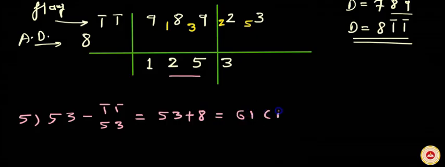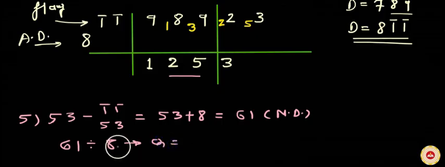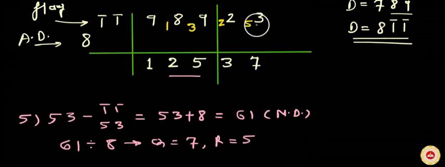Okay, so 61 is the net dividend. Divide the net dividend 61 by the actual divisor 8, which gives you quotient 7, since 8 sevens are 56. The remainder is 61 minus 56, which is 5. So write quotient digit 7 below gross dividend 53. To write remainder 5 as a prefix, you have to add one 0 in the dividend. Now this 0 is part of the dividend.